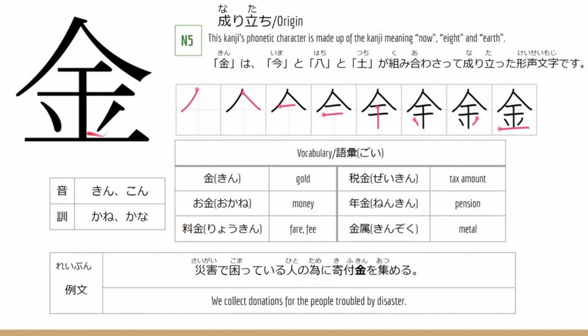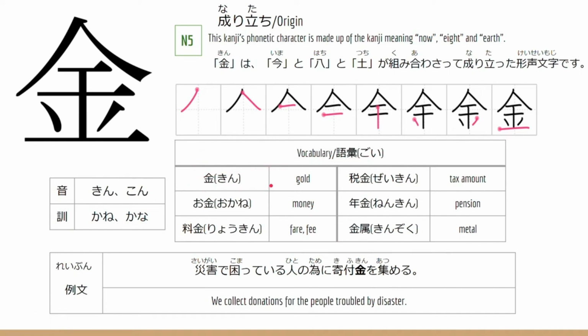This is the kanji kane. 成り立ち, or origin. This kanji's phonetic character is made up of the kanji meaning now, 8, and earth. 金は今と蜂と土が組み合わさって成り立った形成文字です。This is the stroke order for this kanji. Now let's go into the onyomi and kunyomi of this kanji. The onyomi is kin or kon. And the kunyomi is 金 or かな。 Now let's go into the vocabulary or 語彙。